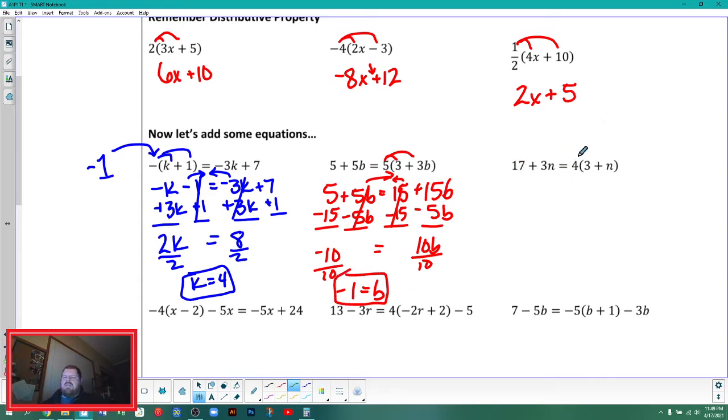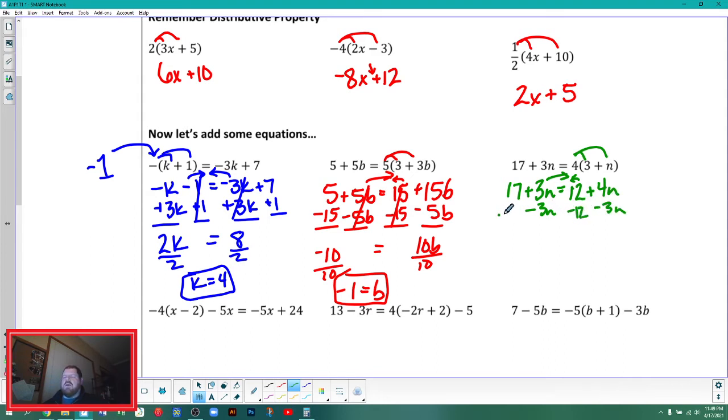Next one, left side looks good. We can just copy that one down. This side we need to distribute. So let's go ahead and say we've got 12 plus 4n. Let's move our variables right and our numbers left. Subtract 3n